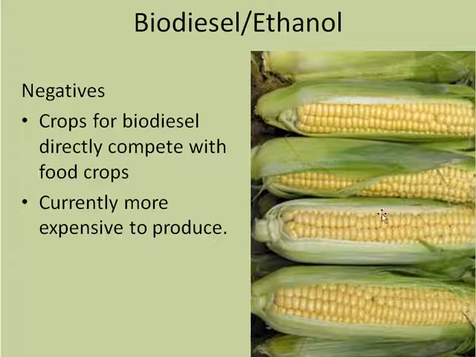And when you put this corn towards producing biodiesel, then the price of corn for human consumption goes up. And right now it's more expensive to produce biodiesel and ethanol than it is to pump this stuff out of the ground. Okay, but the caveat of that